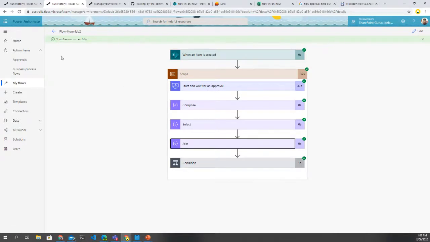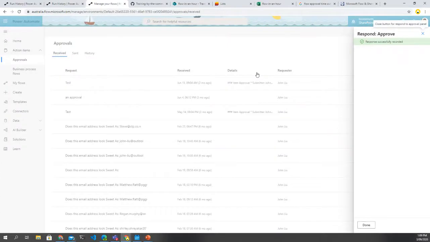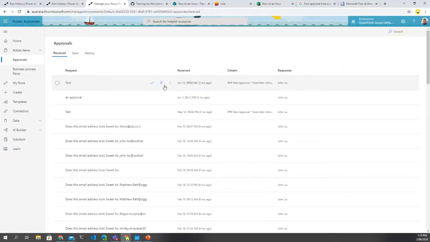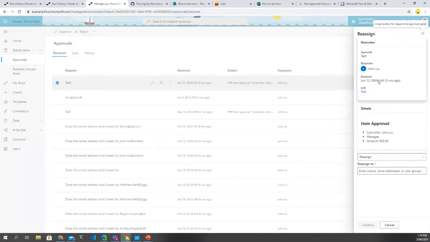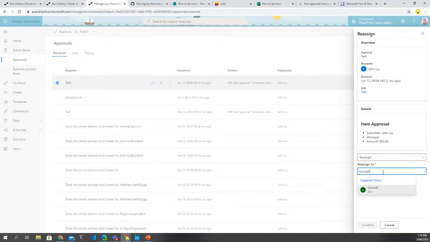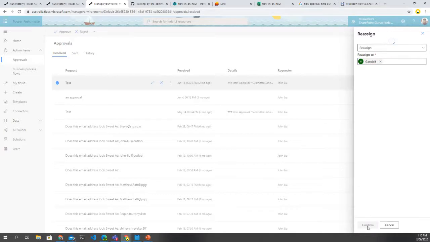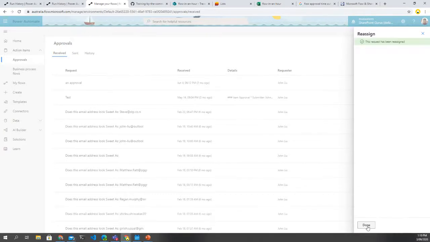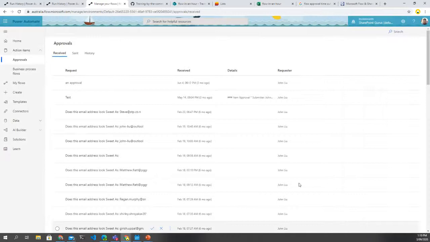Or you can also delegate manually. So if you are in here, you can actually say, okay, this one, I can't do it, reassign it to someone else. So this is kind of like a menu. We can say, I have a person in my company called Gandalf. So Gandalf is going to handle that approval. So I reassign that to him. That one was an approval from 3 months ago. So I just assigned something 3 months ago to Gandalf. Yay. So there is a manual way,